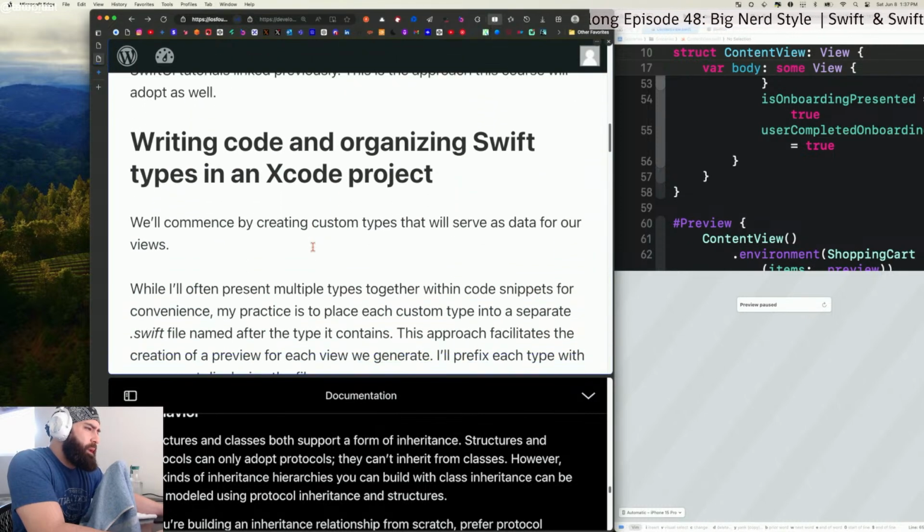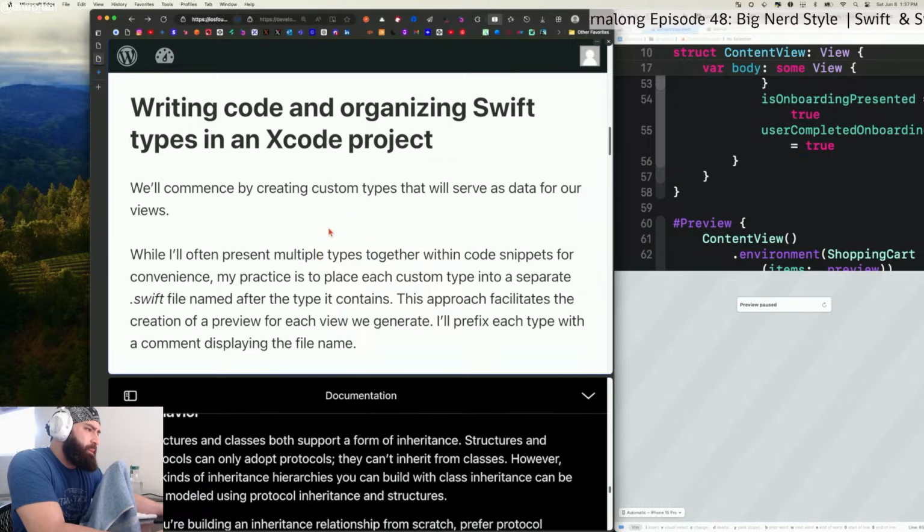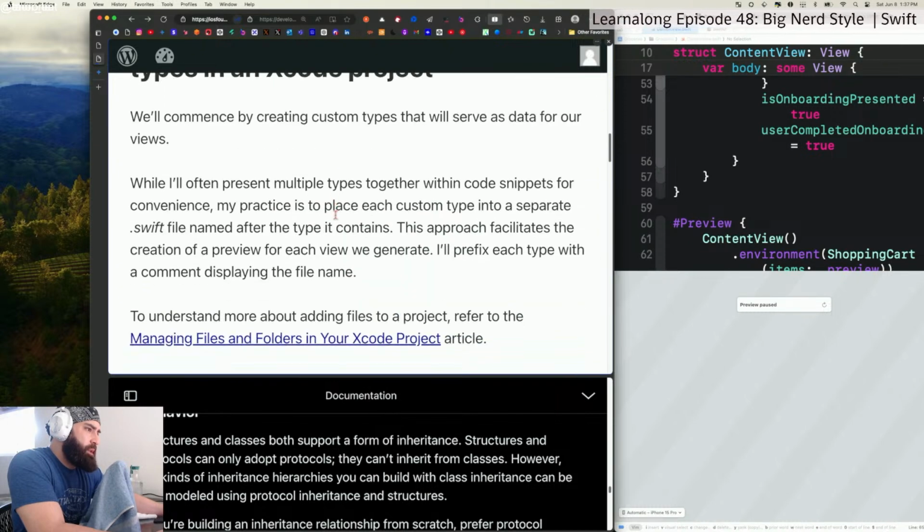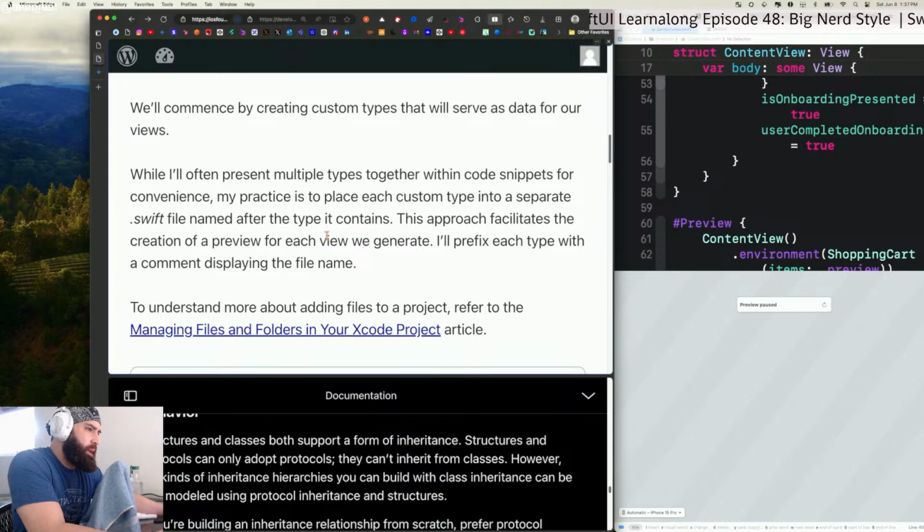Adopt as well. Writing code and organizing Swift types in an Xcode project. We'll commence by creating custom types that will serve as data for our views. While I'll often present multiple types together within code snippets for convenience,